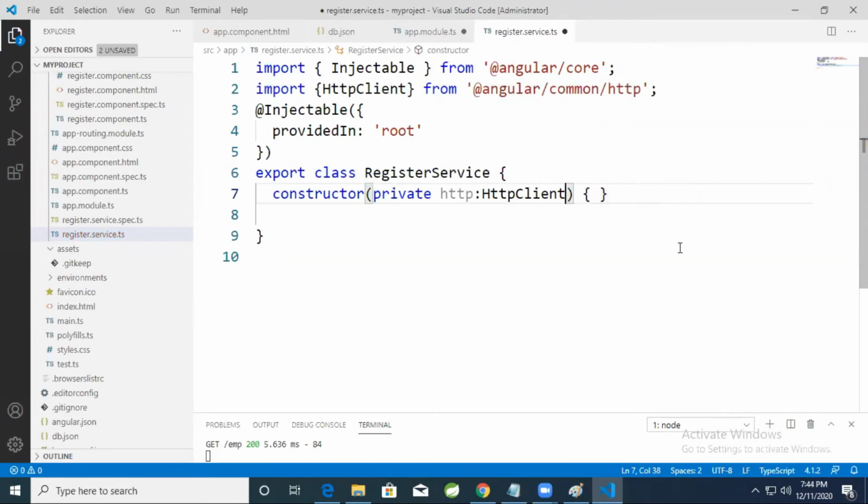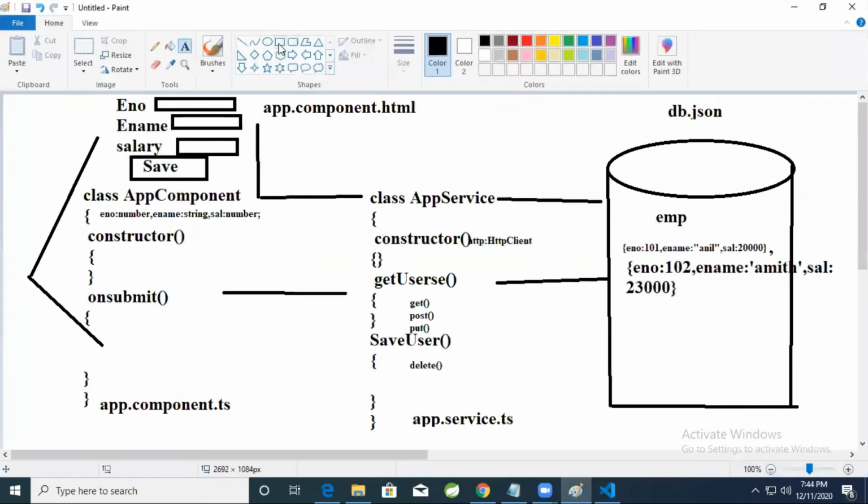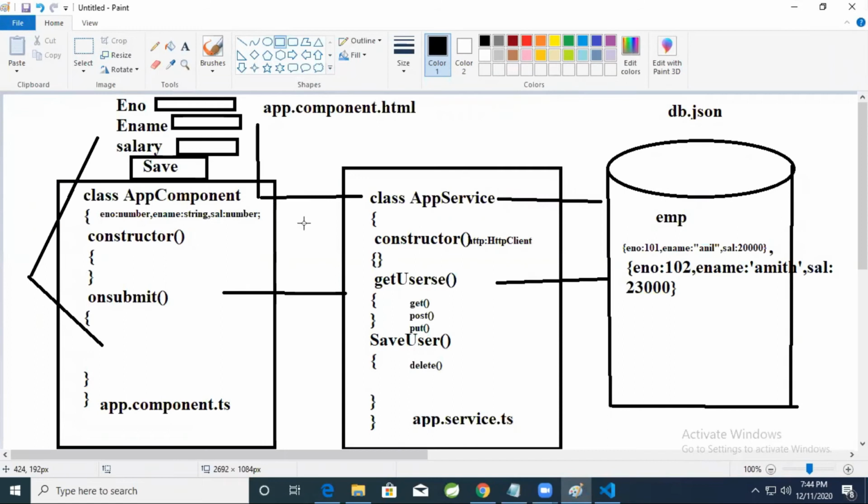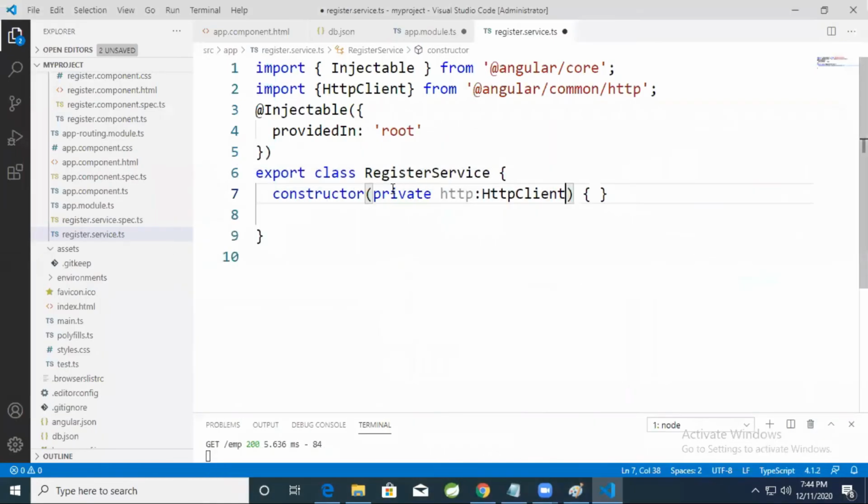If you want to establish the connectivity between the layers, the last session I told you, that is possible through the IOC mechanism, inversion of control, inverting the application responsibilities to the framework. Establishing the connectivity between the layers is possible through constructor parameters. Just by assigning the class names within the constructor, objects will be created and connectivity will be established between these particular layers. So what is the meaning of private? It means this service object can be consumed only within this particular service. That's it.